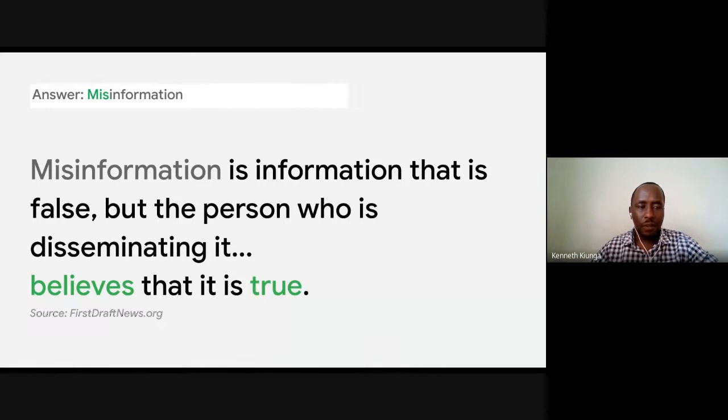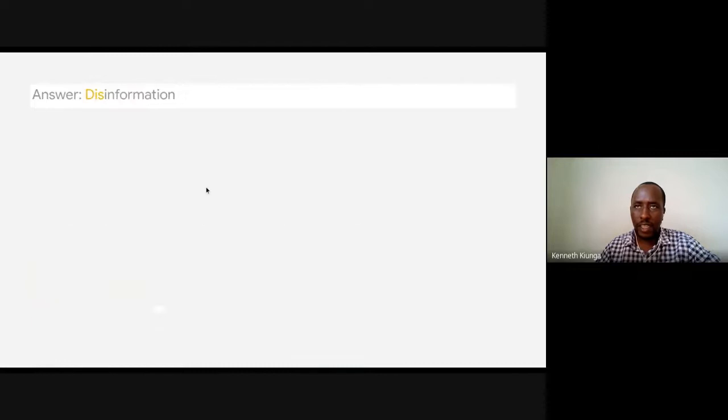And most of the time, many people will use misinformation as fake news. Well, it is fake news, but there was no bias. There was no malicious intent, and that's what we look at. The next